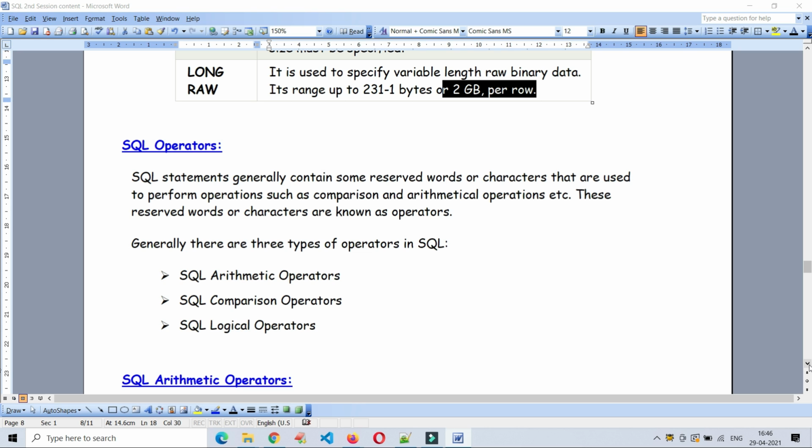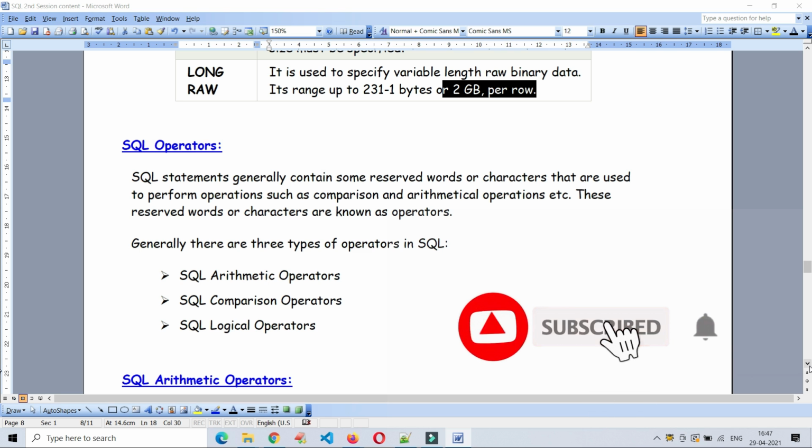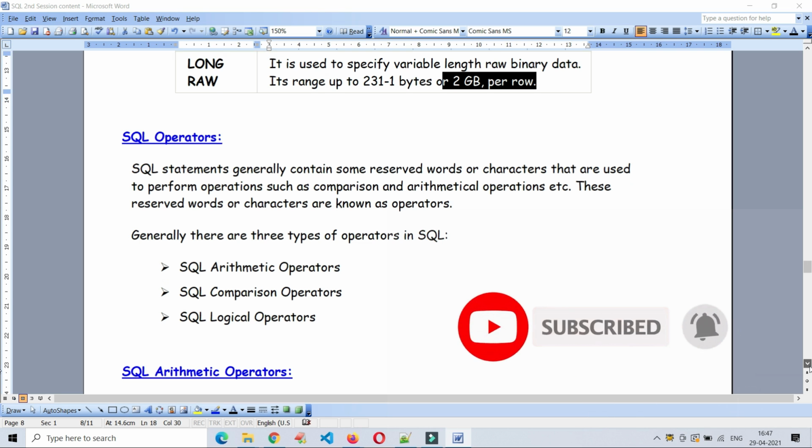So we have used one operator, called the comparison operator. In such a way, we use a few operators as per our requirement to get the required data from the database. These operators are of 3 types in SQL: arithmetic operators, comparison operators and logical operators. We will see the difference between these 3 operators.